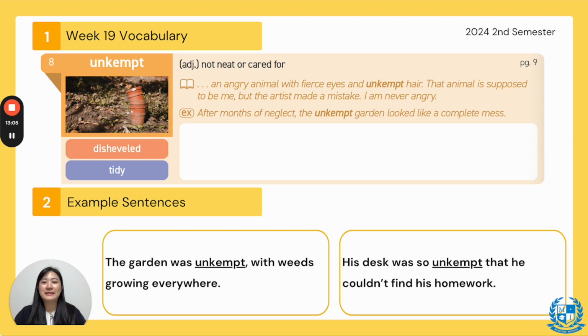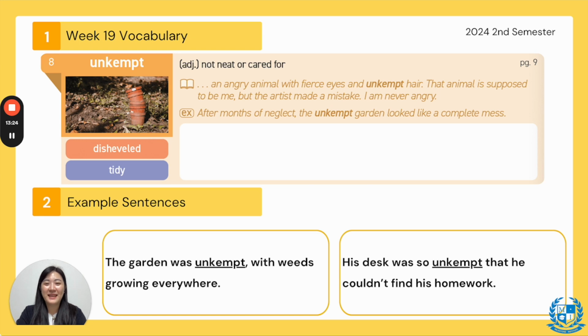Number 8, everyone say unkempt. Unkempt. The synonym is disheveled, and the antonym is tidy, which is clean. So what does this word mean? It's an adjective and it means not neat or cared for, meaning super dirty, no one really cleaned up after